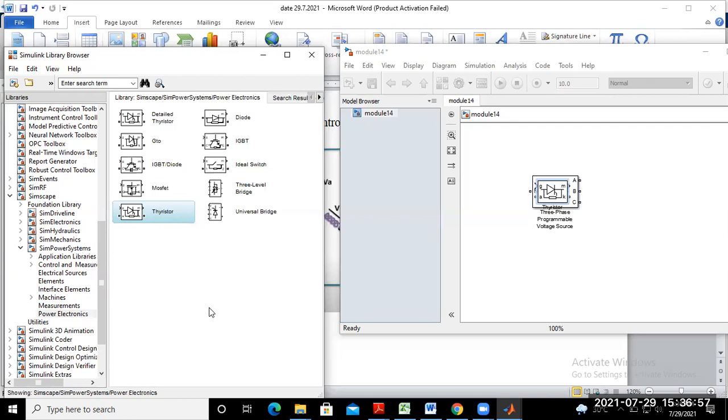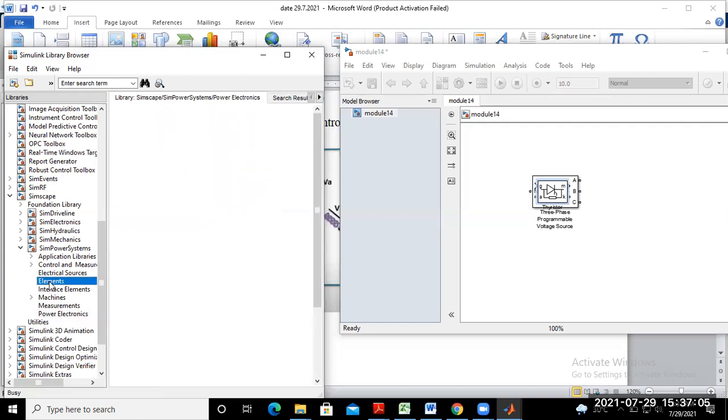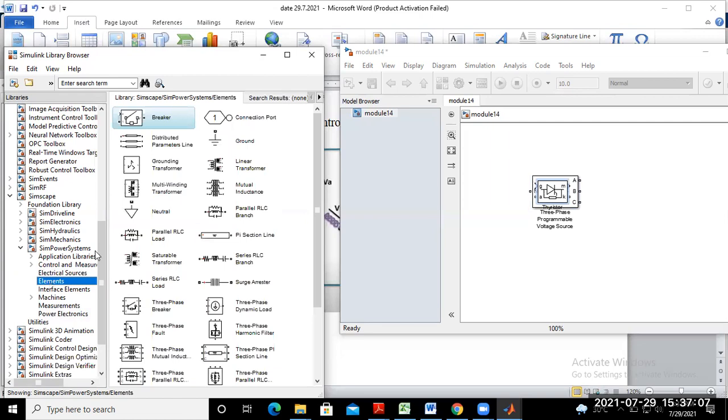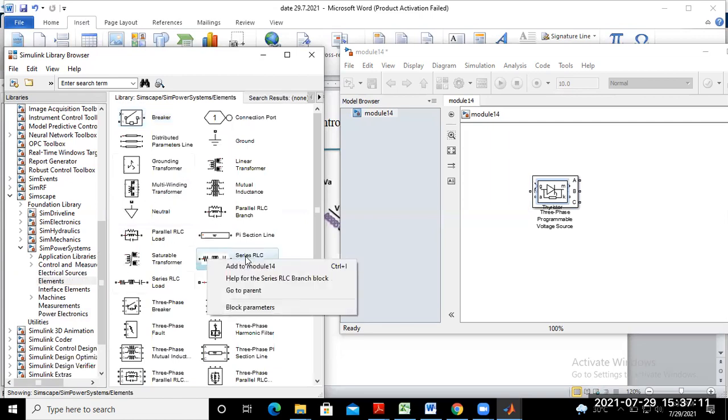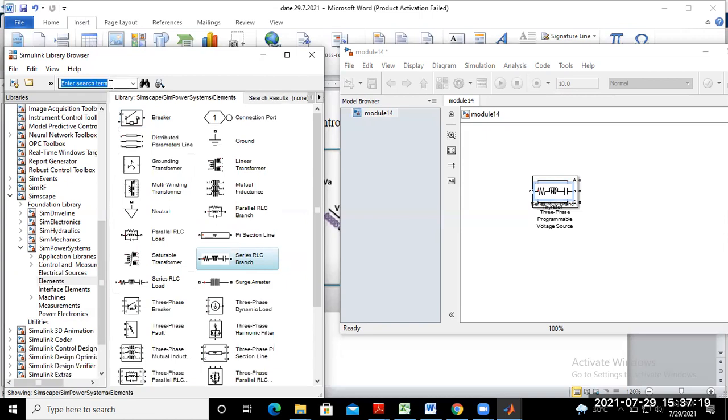And next we require a load. That means elements. So just go to Elements. Various types of electrical elements are available here. Go to this Series RLC Branch and add it to model number 14. Next, what do we require? Powergui.